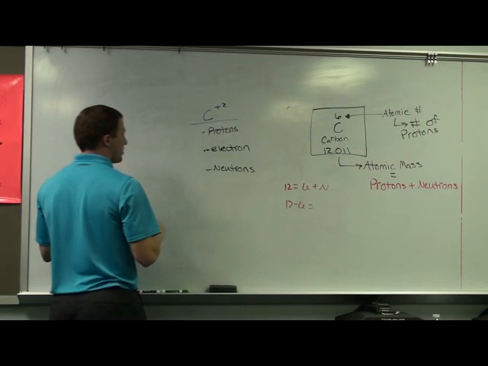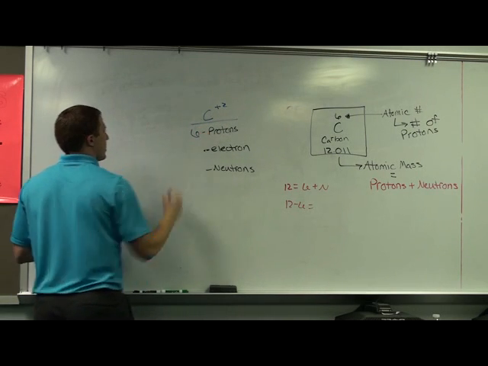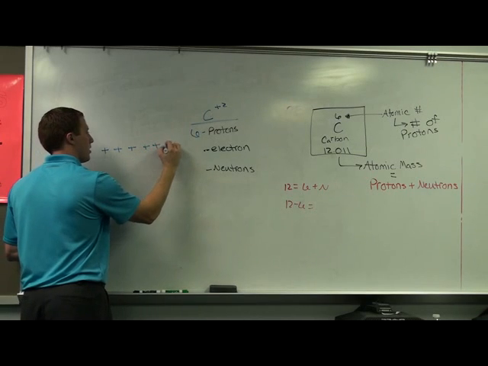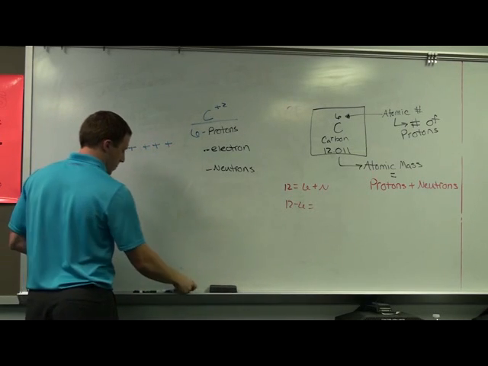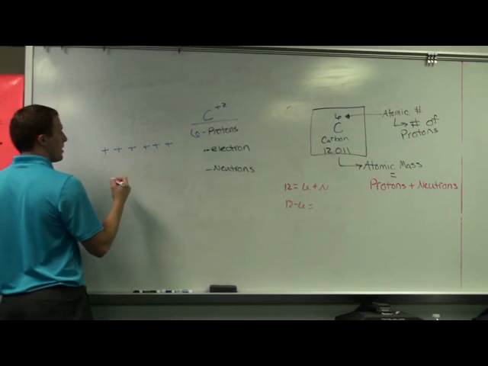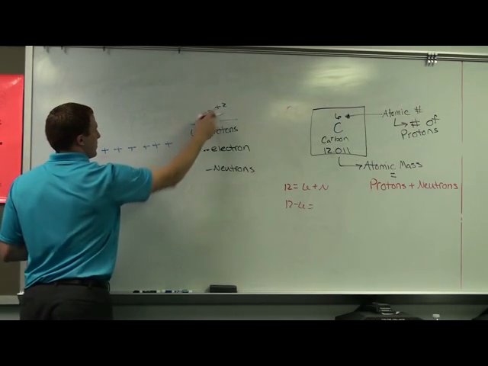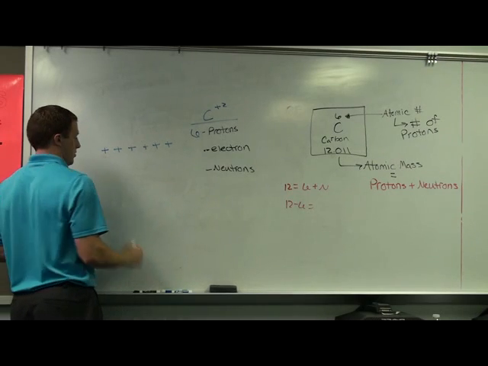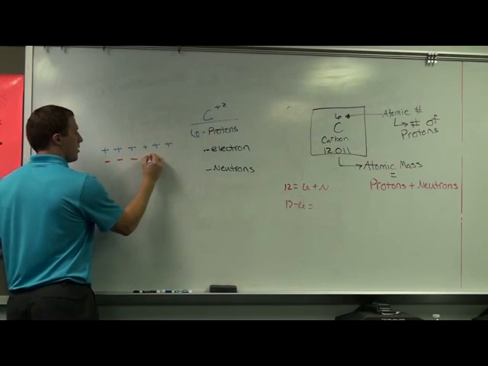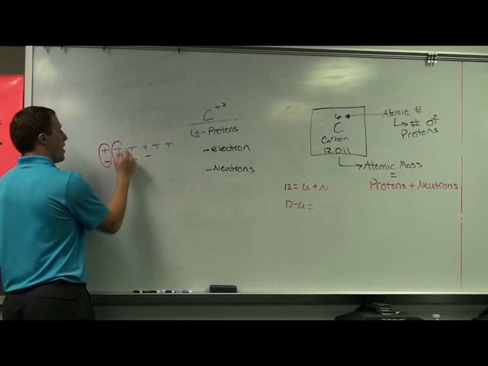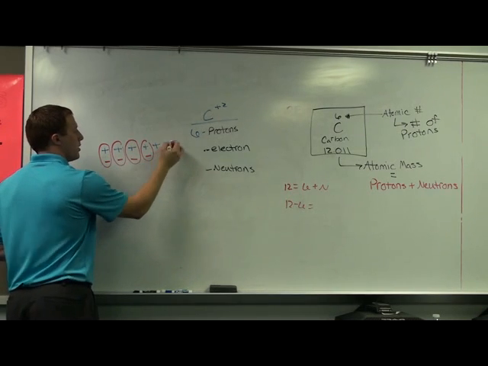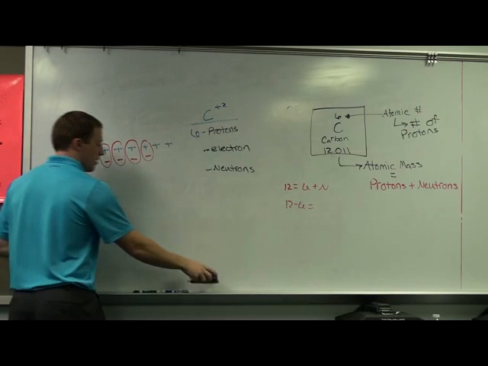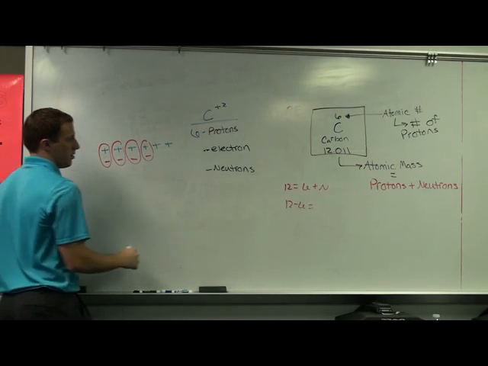Okay, how many protons do we have? 6, because we can't change that. So we have 6 protons. Now, this time, we have how many electrons? Because it's going to have a positive 2 charge. So it's going to have how many positives left over? 2. So we can only balance out 4 of them. So these balance, balance, balance, balance, and what are we left with? 2. We're left with 2 positives. So how many electrons do we have here? 4.